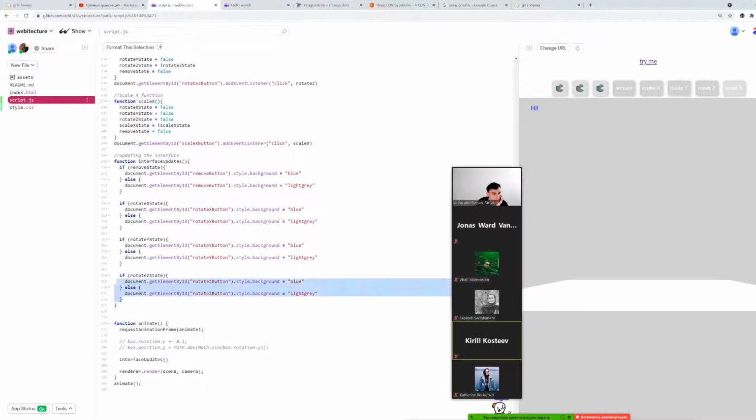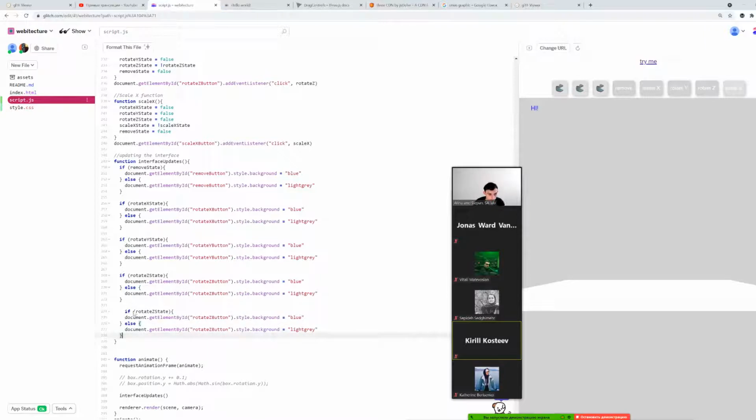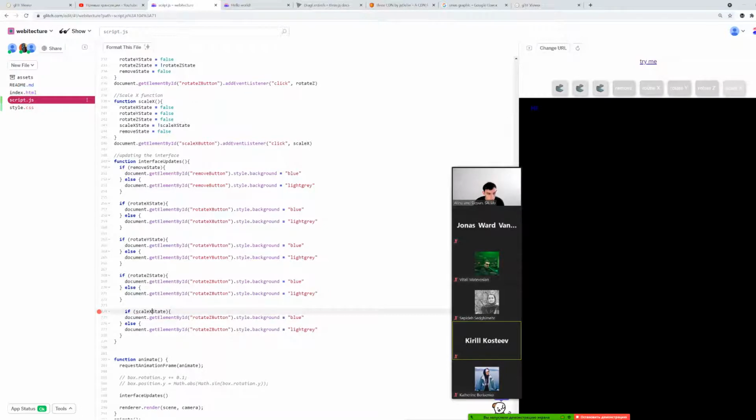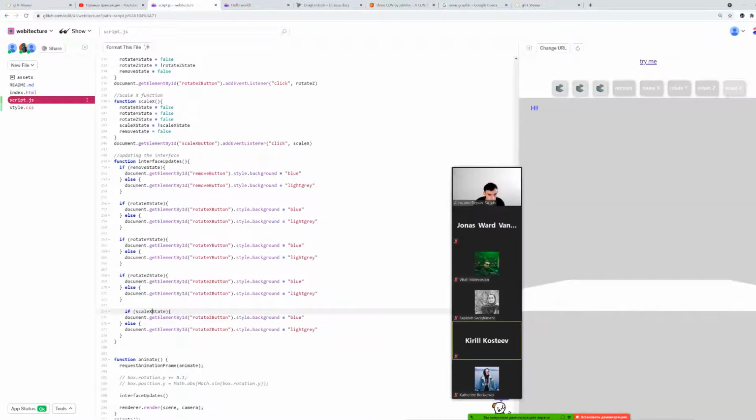Then we need to update the buttons, the colors of them, to see if it's on or off. Scale state, scale x, and the same for scale x here. All right. Now,